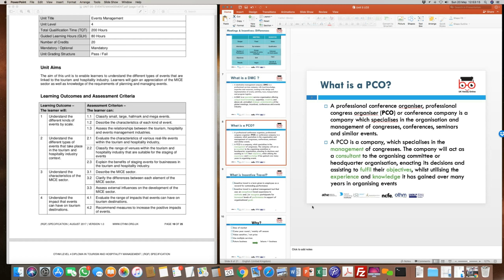So a DMC would look at getting into the physical nitty-gritties of coming up with the infrastructure, the concept, the whole thing start to finish. They'll project manage everything. But a PCO will be primarily once the prop is ready, or your food is ready, or your exhibit is ready within